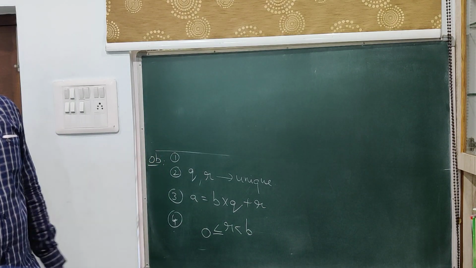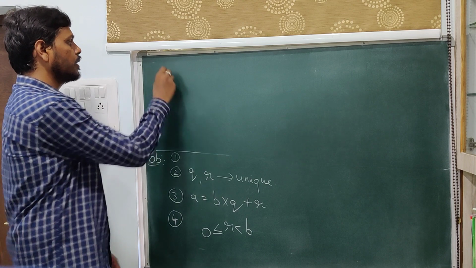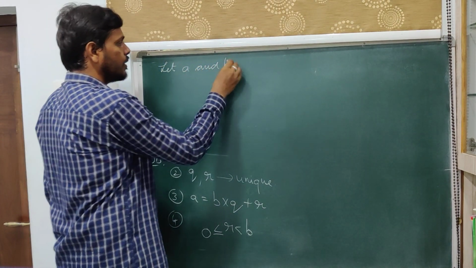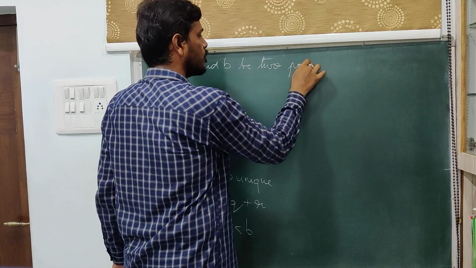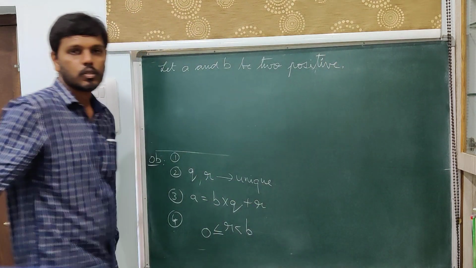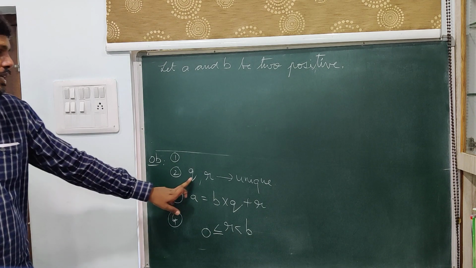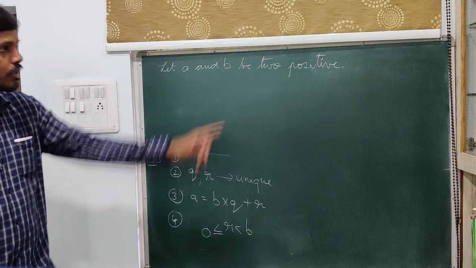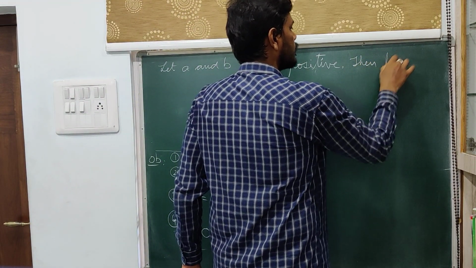So since I am talking about two positive integers, let us say that a and b be two positive integers. So whenever you are given two positive integers, we are always arriving at two integers q and r which are always unique. That is what I write. Then there exists